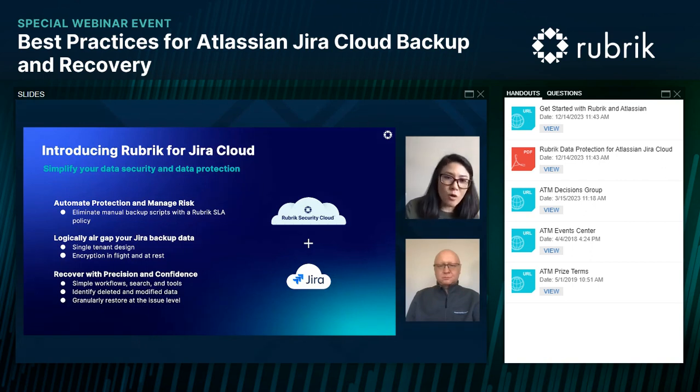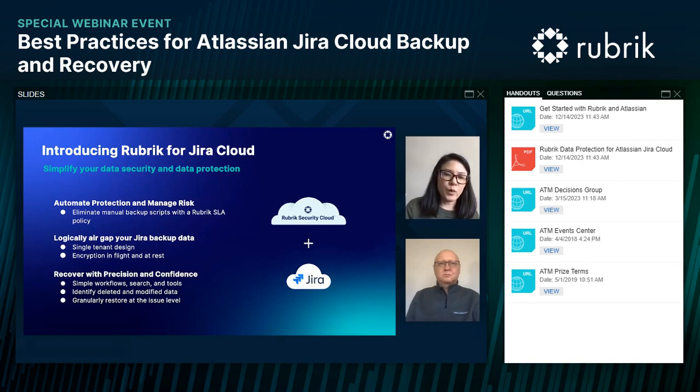So no more manual backups, no more running scripts, no more figuring out where to store your backup copies, because customers are going to be leveraging Rubrik Security Cloud, which is already a proven solution used by 5,000-plus customers, where data is secure and encrypted.